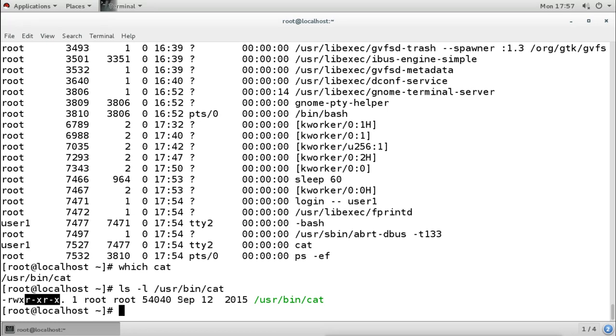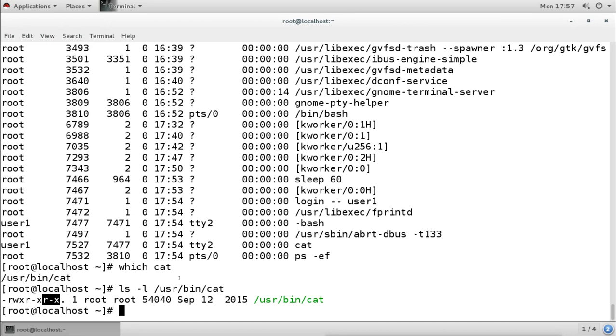Now remember the importance of the permissions. If it has the read and execute permission, then only it can do what? Execute the file, and that is why the user can execute, and all the users can execute because other users have the execute permission.